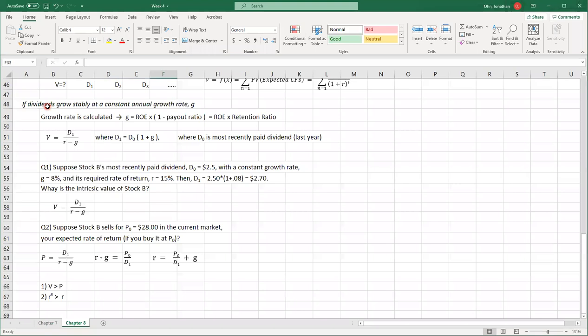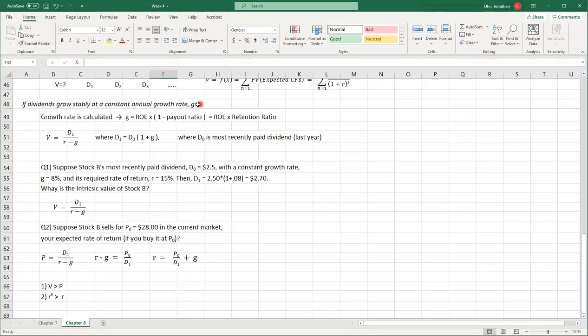So that's why when you calculate the growth rate, you look at a 10-year period, for example, and then look at the dividend pattern, and if it increases, you get some kind of average growth rate. Okay, that was one way to estimate growth rate, using the actual dividend numbers. That's one alternative.